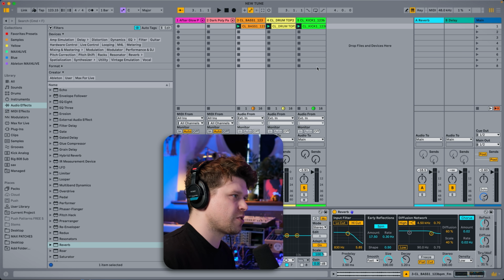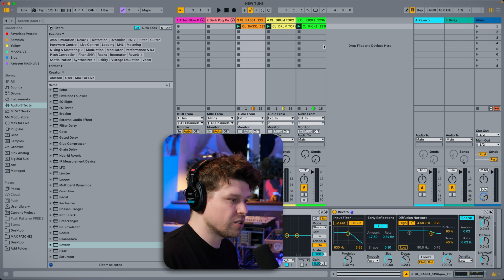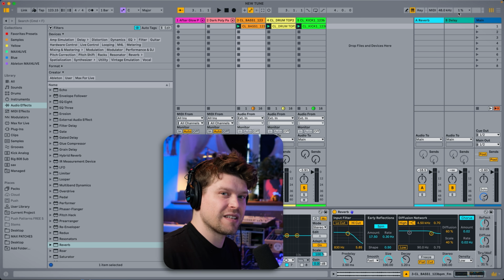Now, obviously that's not too bad if I've only got 3 tracks, but if you expand your track count and you have like 20 tracks within your song, it's going to start spiking the CPU. Also, it's not going to sound great. Reverb is designed to sound like everything's in a space. So with that in mind, you want to think about with your tracks, if you want it to sound like it's in its own space, you'd put the reverb on its track. If you want your music to sound like it's unified and in the same space, you would put it on